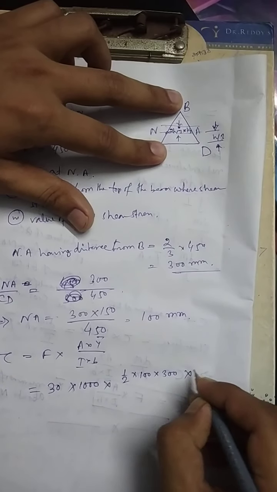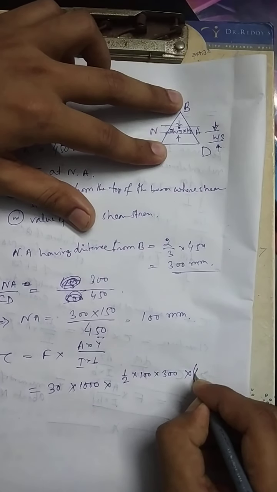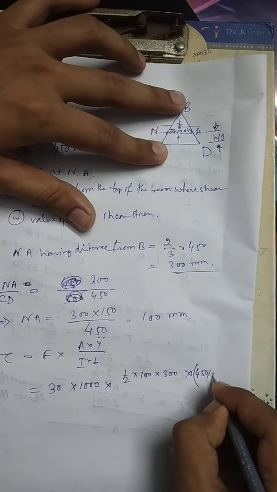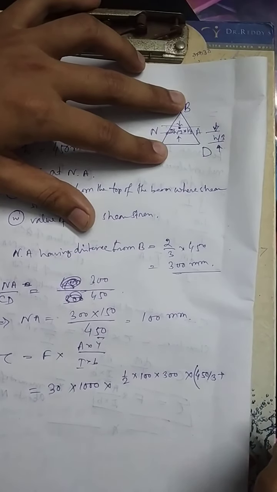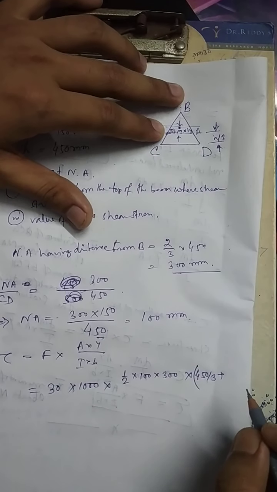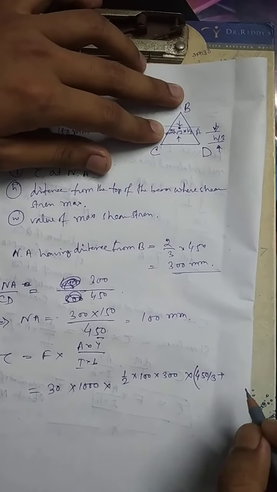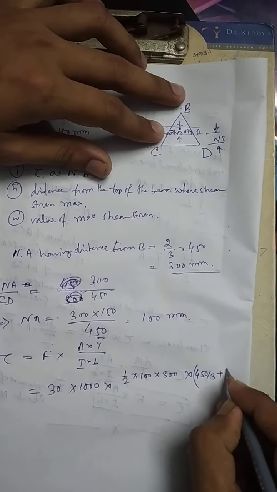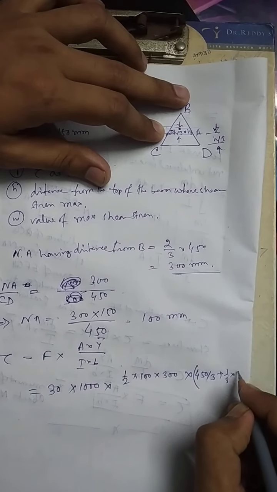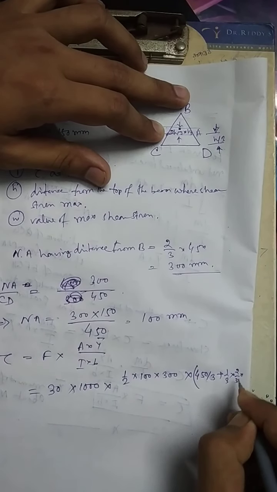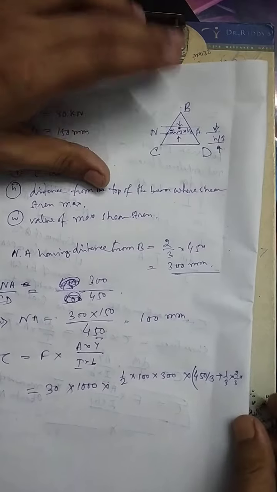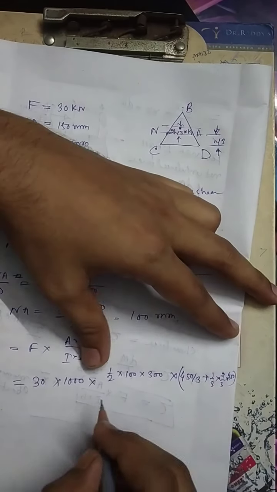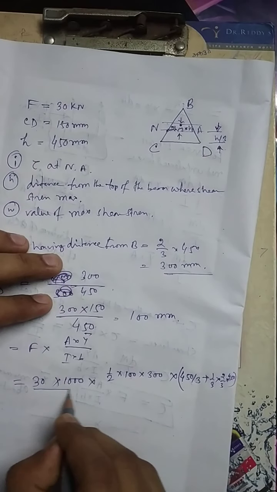So Y bar is equal to 450 by 3 plus 1/3 into 2/3 into 450, divided by